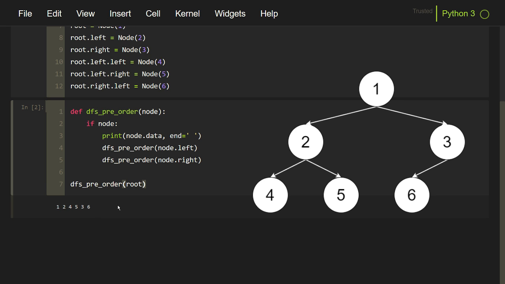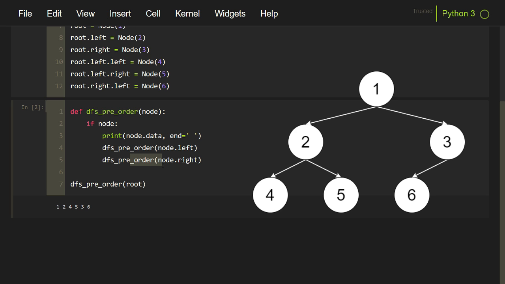If we consider the tree having a root 1, like the entire tree, you can see that 1, that was the root node, got printed first, that is, got processed first. Then the nodes present in the left subtree of the root node, that is 2, 4 and 5, were then processed, and then the nodes present in the right subtree got processed. So this follows the order in which we call these recursive functions. So the root node gets printed, then the left subtree, and then the right subtree.